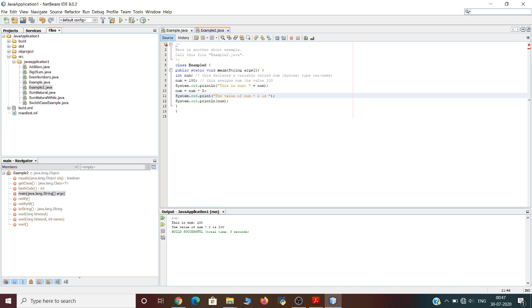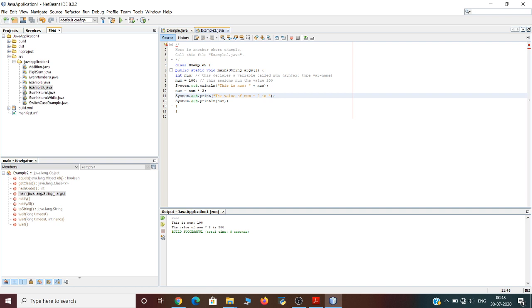In the output section we can see that we got this value. "This is num" was the string that we entered here, and the plus operator just adds the value of the variable num. num was initially assigned the value 100, so the current value of num is 100, and 100 will be displayed here. This approach can be generalized, and using the plus operator, you can join together as many items as you want within a single println statement.